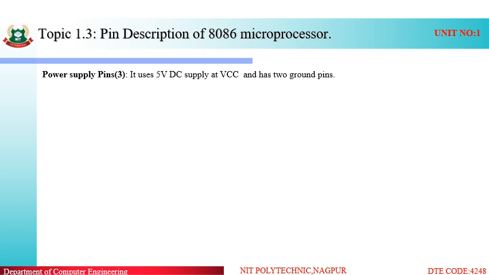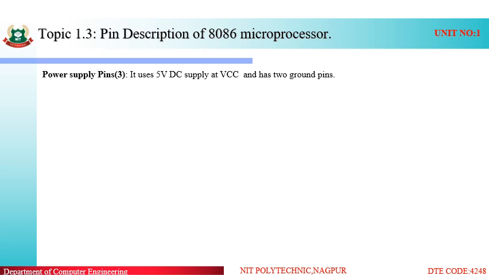So plus 5 volt will be considered as 1, and 0 volt will be considered as 0, because as it is a digital IC, it works on the principle of clock pulses. Clock pulses are in the form of 1 and 0. 1 means plus 5 volts and 0 means 0 volt. But the power supply we give is in the form of normal electric signal, that is in volts. So plus 5 volt will be considered as 1 bit and 0 as 0 bit.